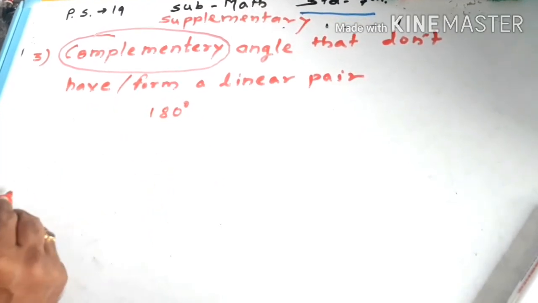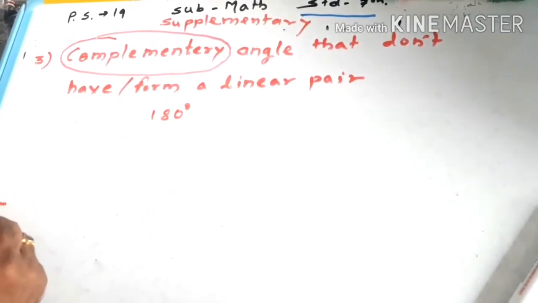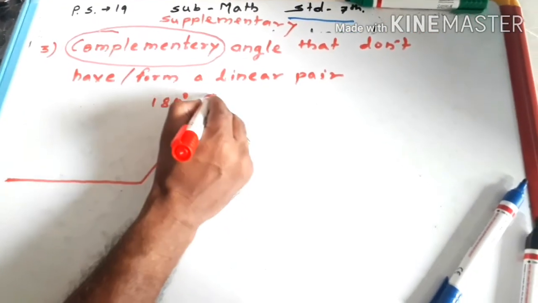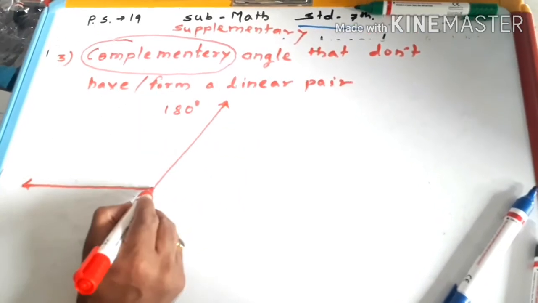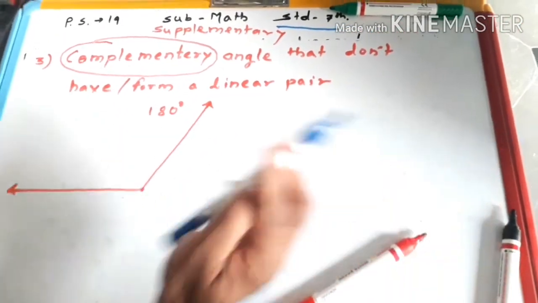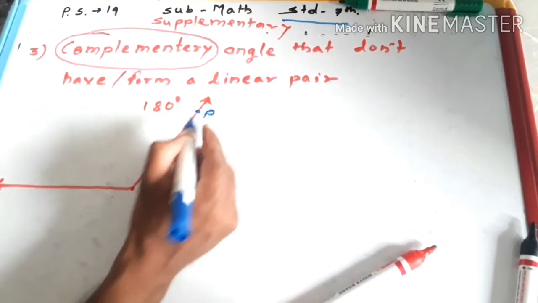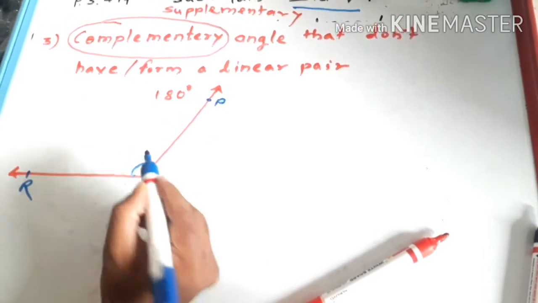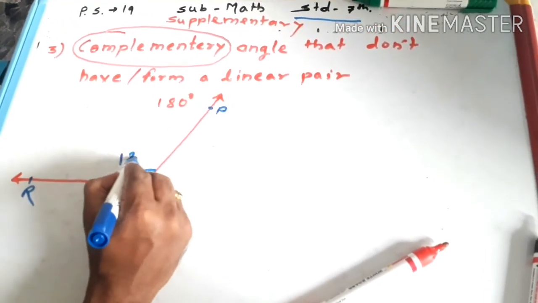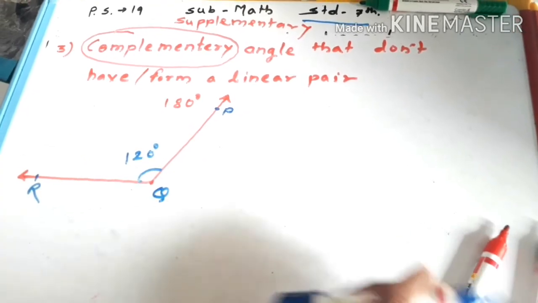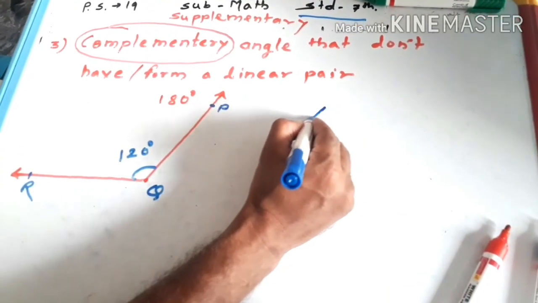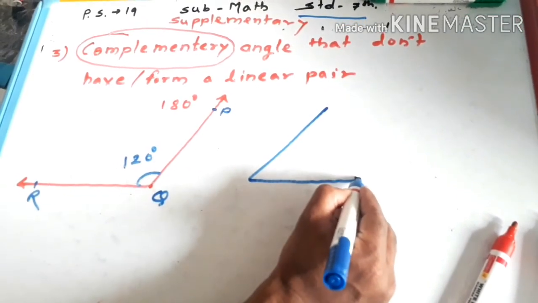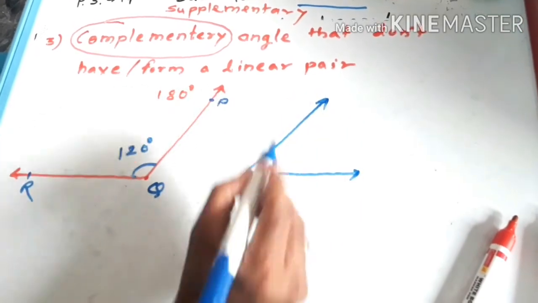So first of all we take this angle, angle PQR, and suppose this is 120 degrees. So another angle is here again, angle